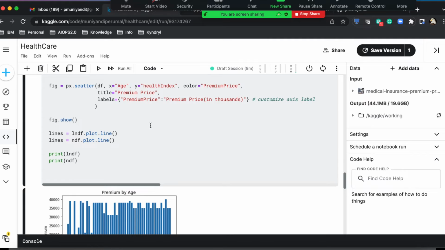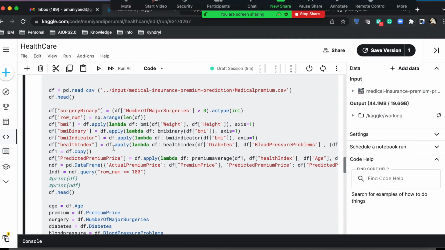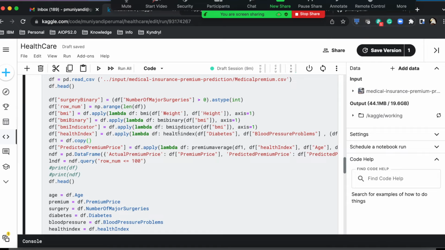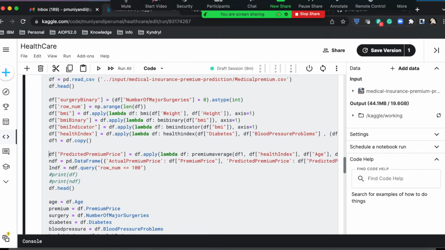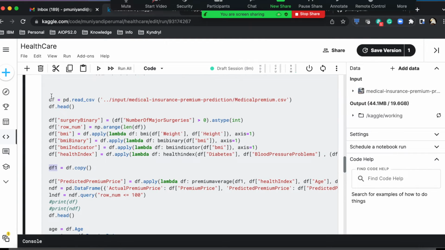So I will explain the graphical representation. We have a code. In this code, as I told, the different columns which we are having, those columns which I am passing, automatically I am getting a health index. Then I am taking a copy of the entire data set. I am creating a new data frame. The df is our data frame; df is one of the variables. I read the data and then I stored it here. I am creating a copy here now.